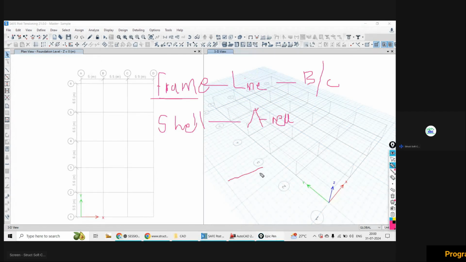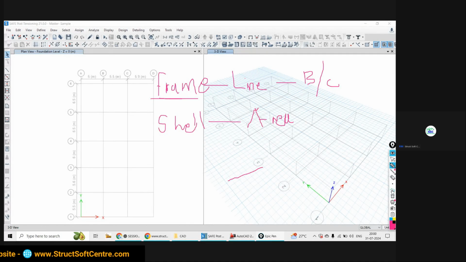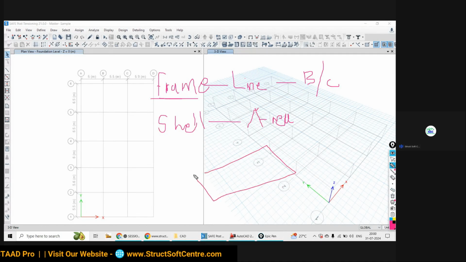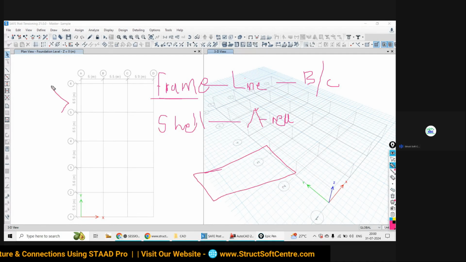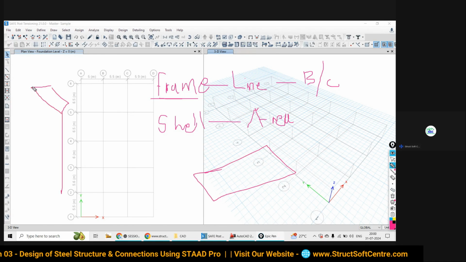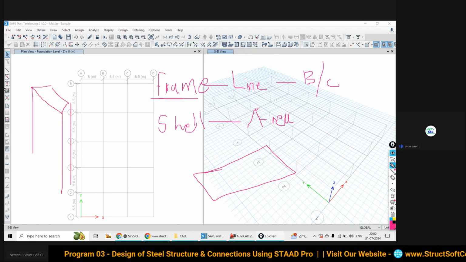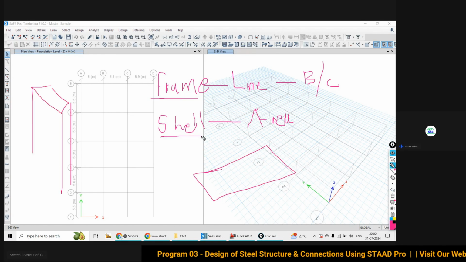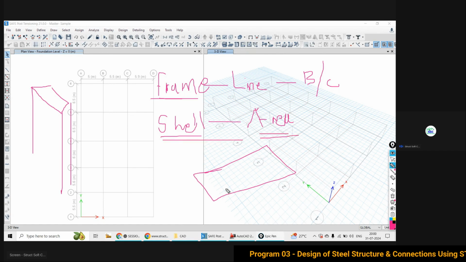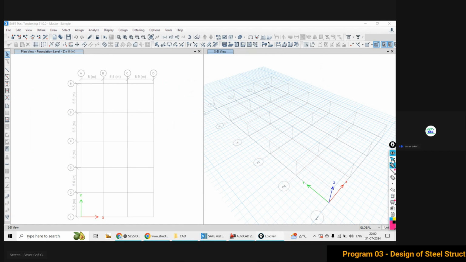When you would like to model the slab, when you would like to have the shear wall, these all are going to be considered as what? Shell element or area element. SAFE software is going to consider it as what? Area element. Remember this.